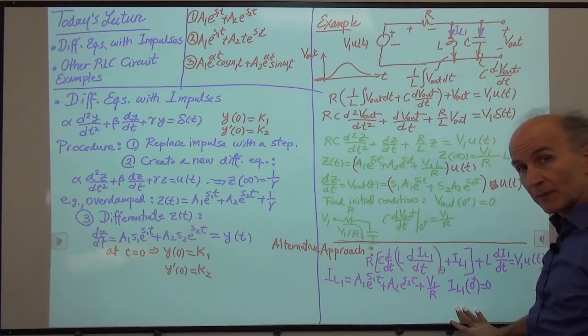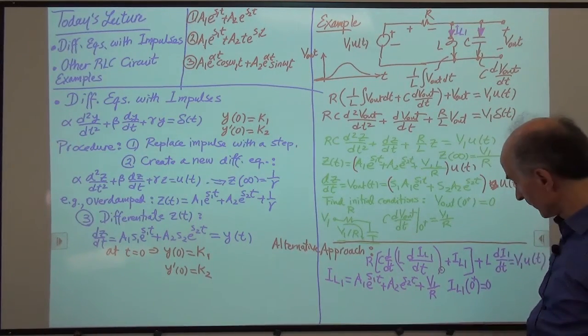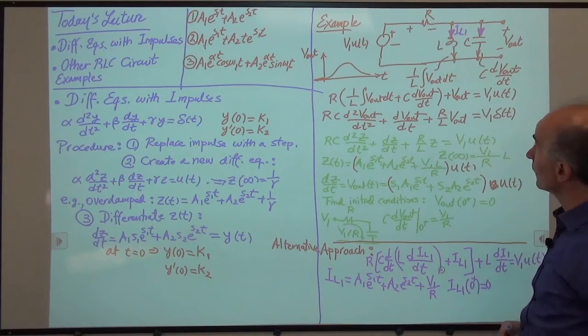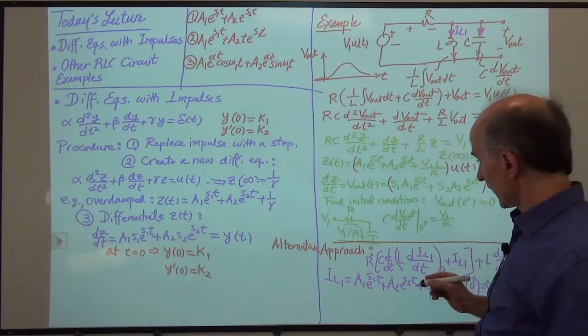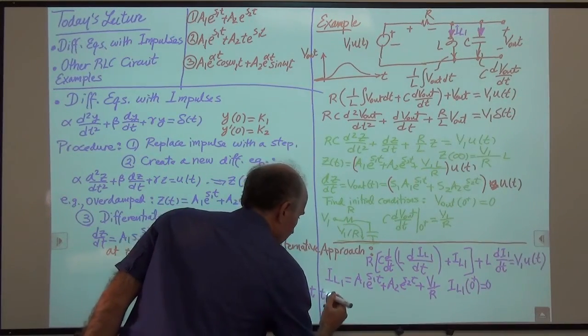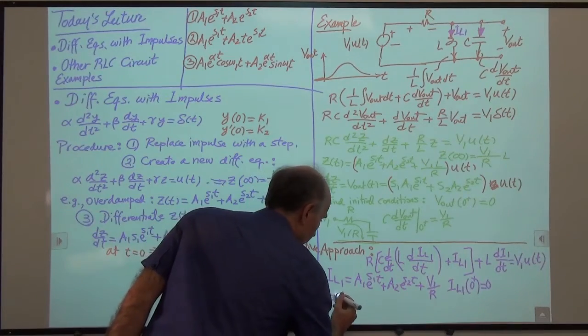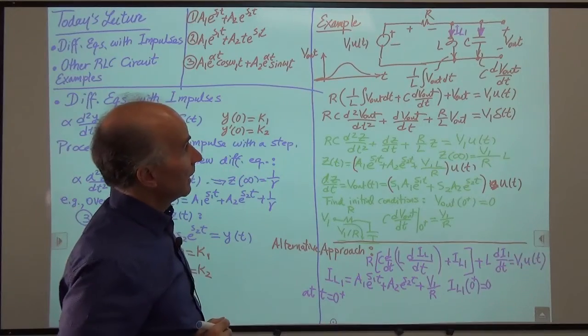Now we have to express in terms of IL1. All right, this is a little tricky, so stay with me. I need one more equation for the initial conditions. What I can say is the following. Let's look at time 0 plus. So we say at t equals 0 plus, we see what's going on here. At time 0 plus, we have